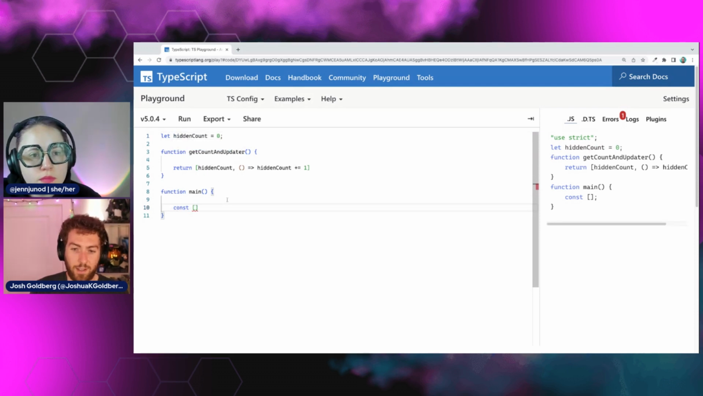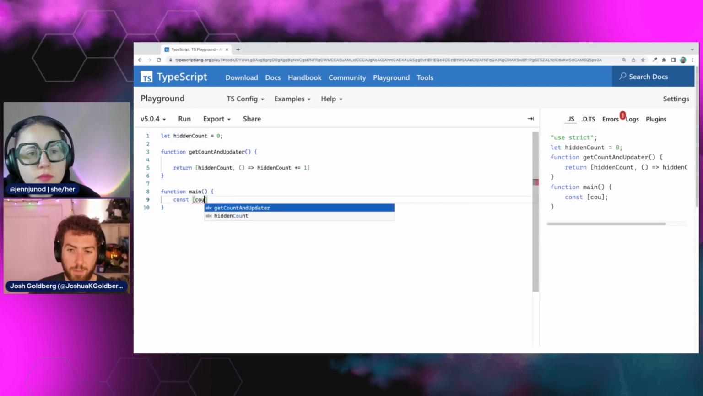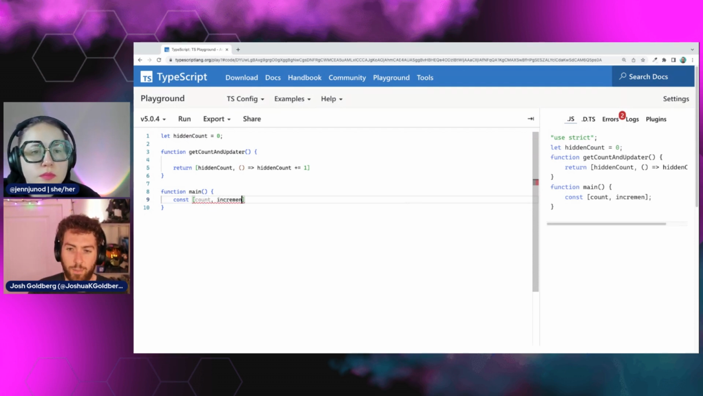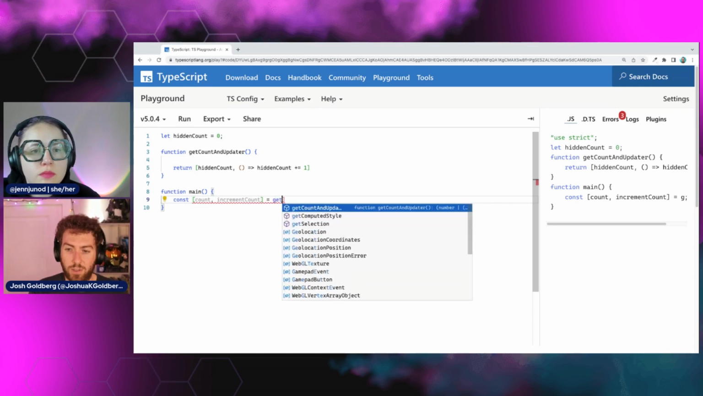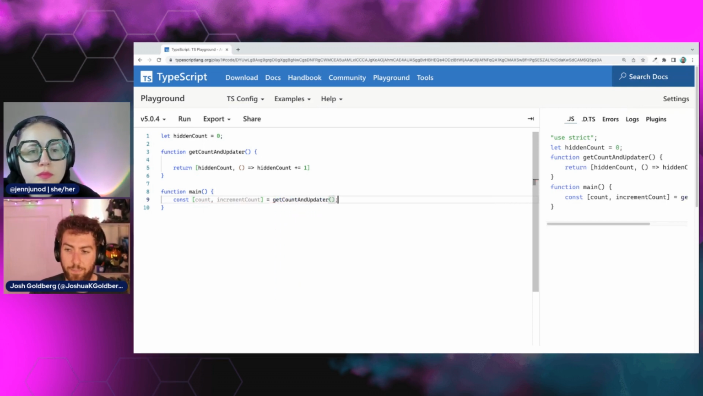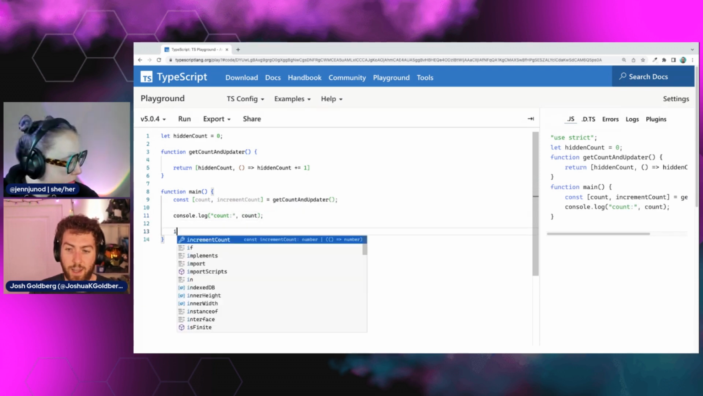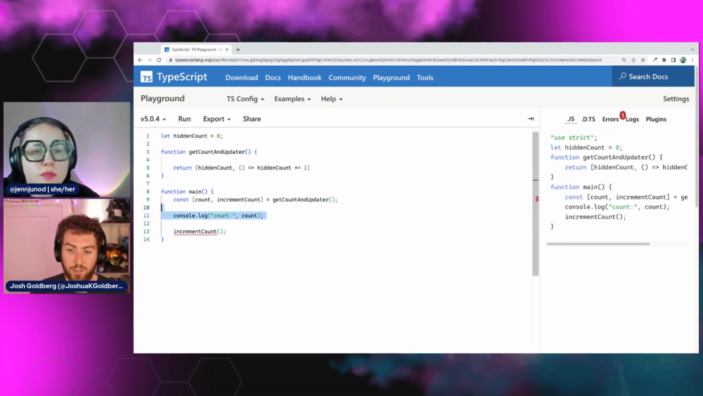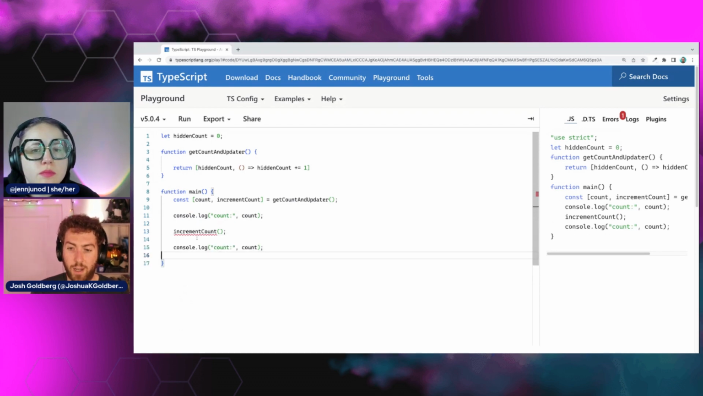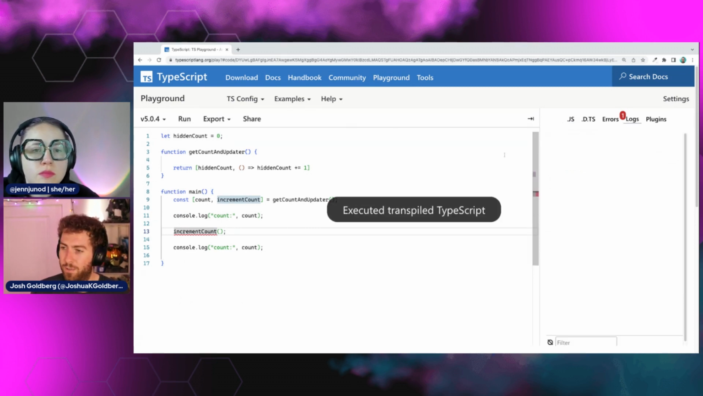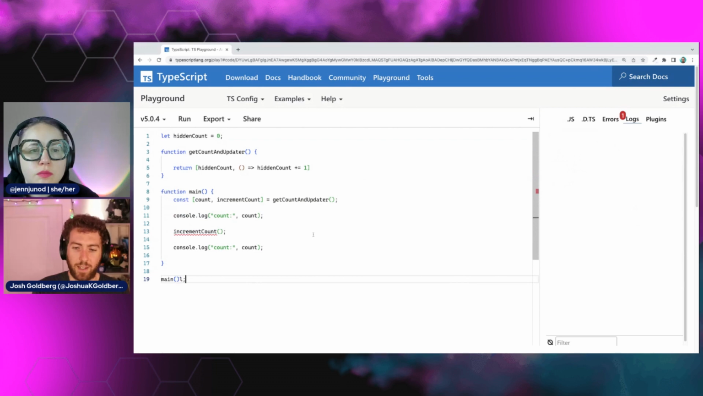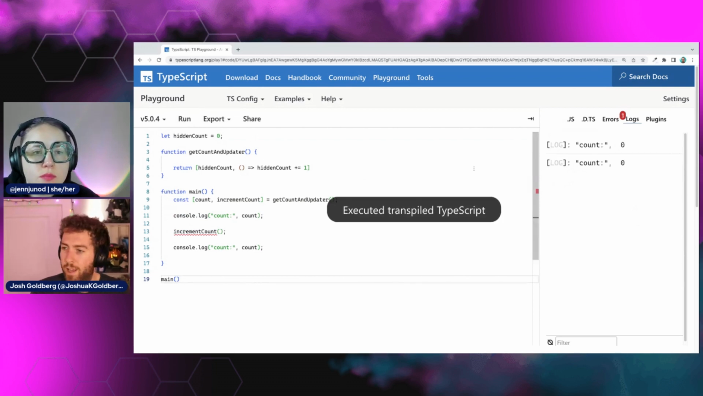There we go. I'm writing some code that has no type annotations intentionally because this is just JavaScript code. So count, incrementCount equals getCountAndUpdater. Log count, then incrementCount, and then we again console.log count. Let's just pretend that that's not yelling at us because of TypeScript. If we run this code, we get nothing because I forgot to call main. I don't know how to code. If we run it,